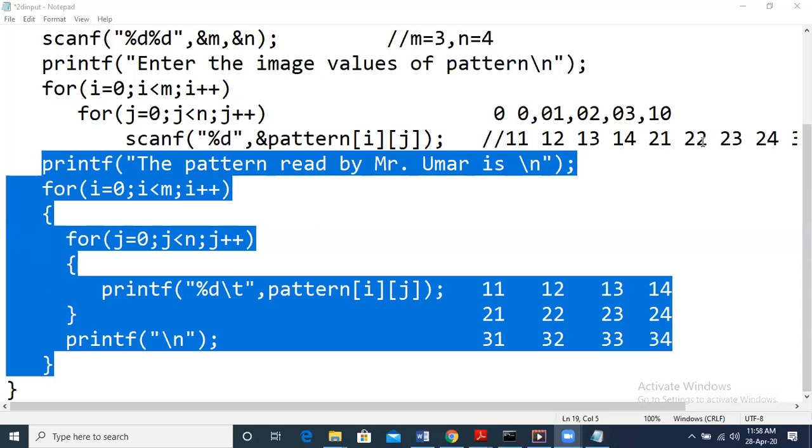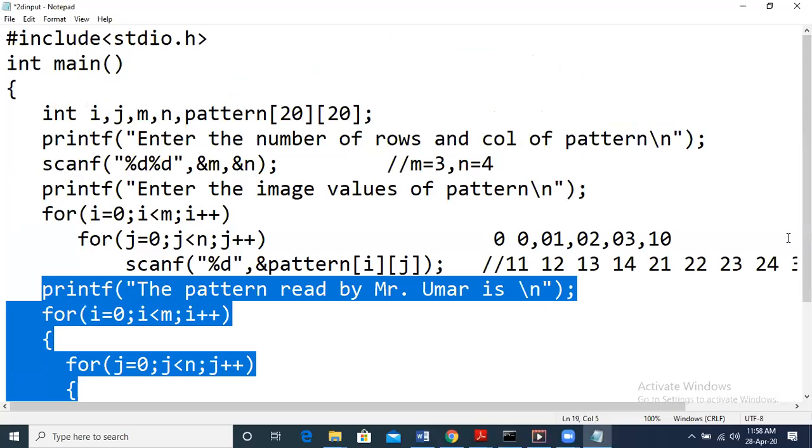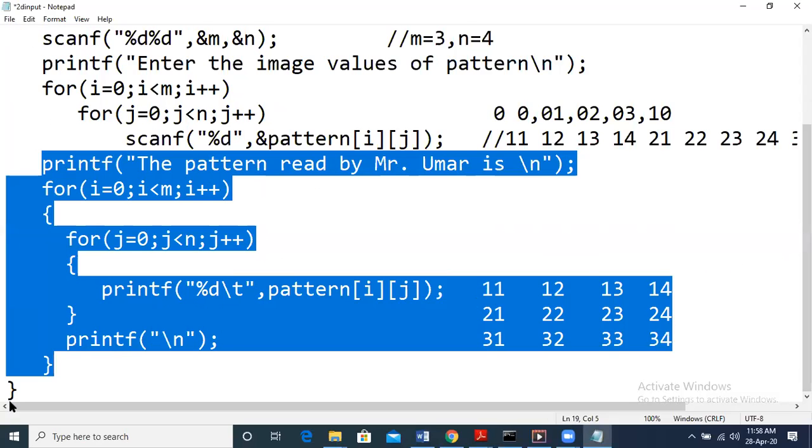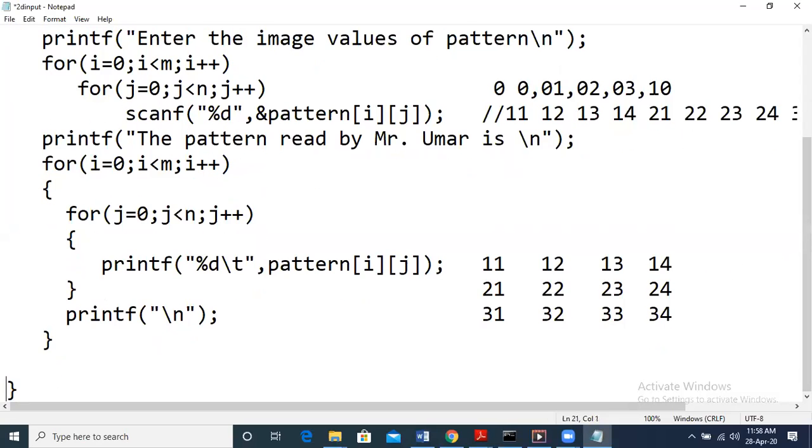If we have given void main, there is no need for return 0. Here int main is there, so we can give return 0 at the end. If not, you can give void main also, no problem.